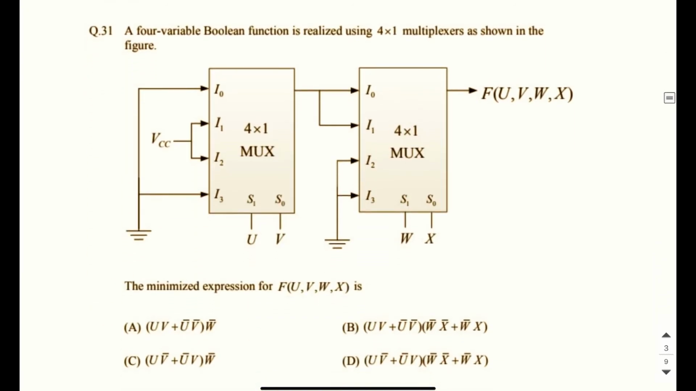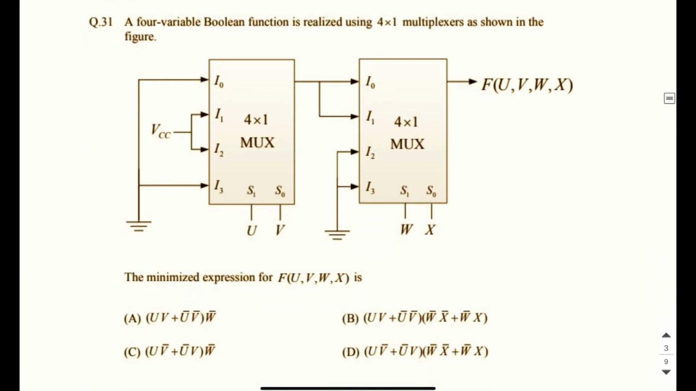In this question, you are given two multiplexers and we have to determine the final output, that is F. So let us see how we do this. In order to find out the output for this multiplexer, first we need to solve what is coming at this point. For doing that, let's work out this mux first. The select lines are U and V. So for the first multiplexer, the